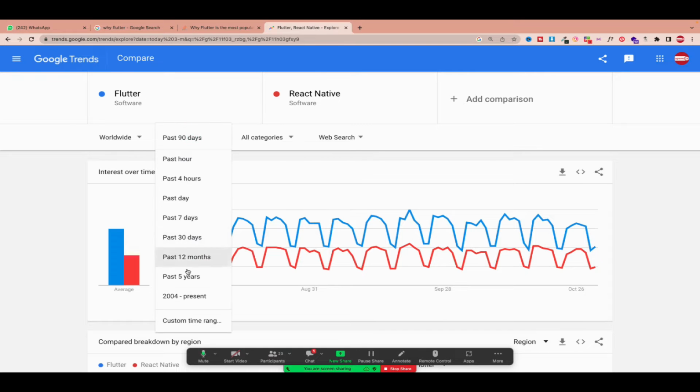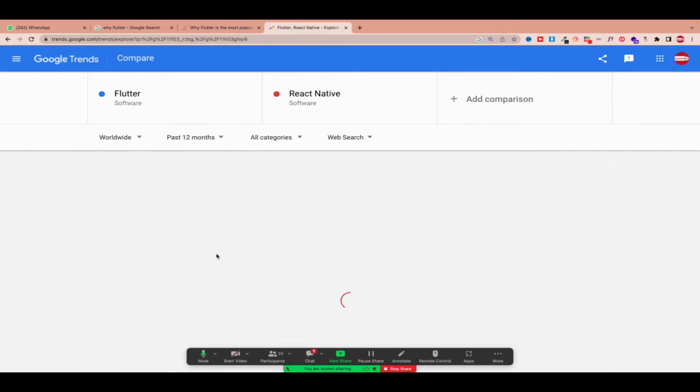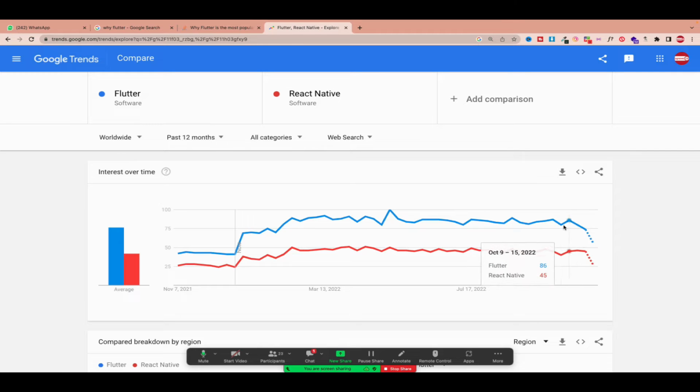So this is a period of the last 12 months. Still Flutter is leading. You can see Flutter is leading, like React will never pass Flutter again. I'm doing this because I don't want to go again and search much deeper to prove the point that Flutter is the one leading. Though you can choose which one is more comfortable to you as a developer and take your own path. So as we can see here, Flutter is the one leading. So that's one of the reasons why we choose Flutter.